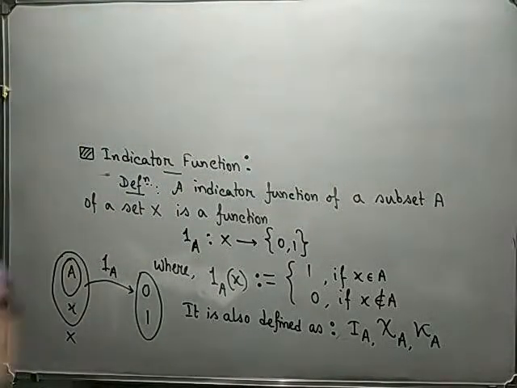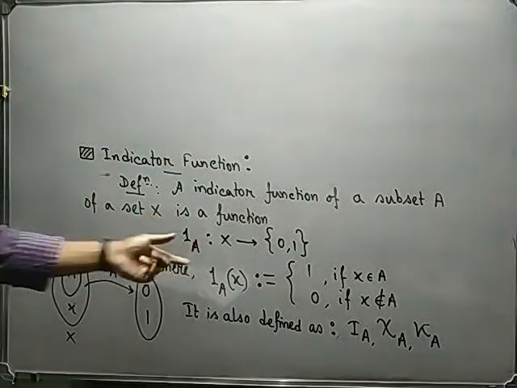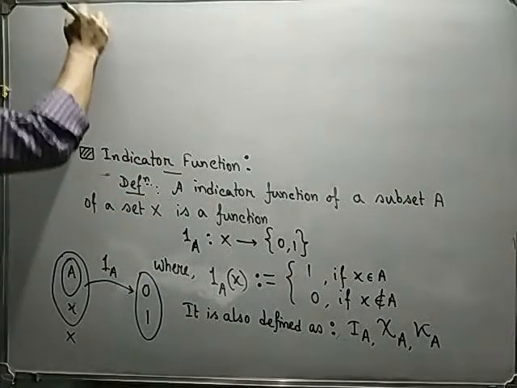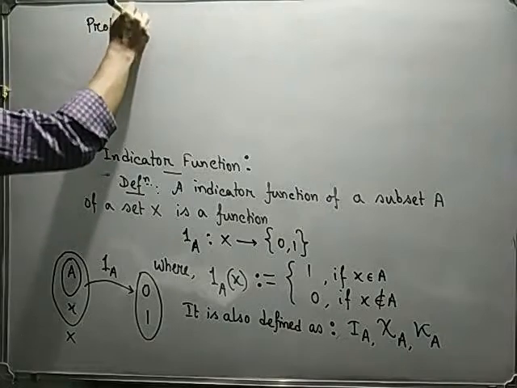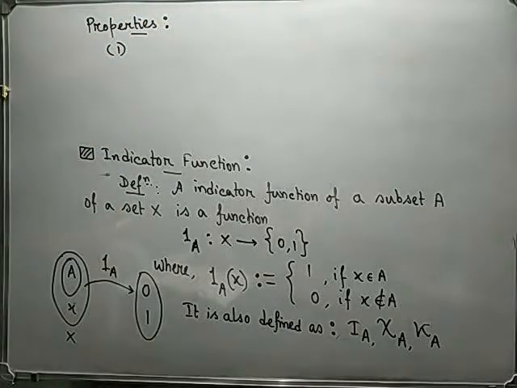So now let's describe some basic properties of this indicator function, which will be useful in our context. So properties. Number 1, the first property,